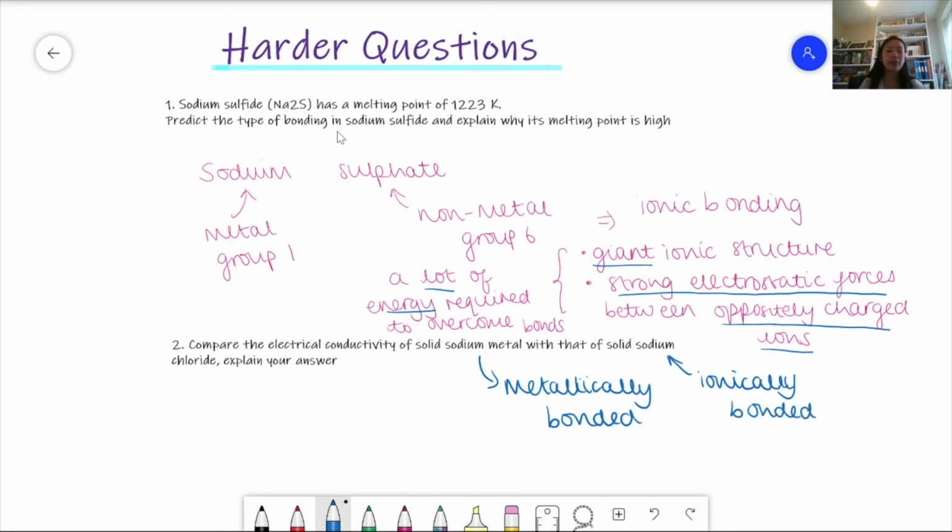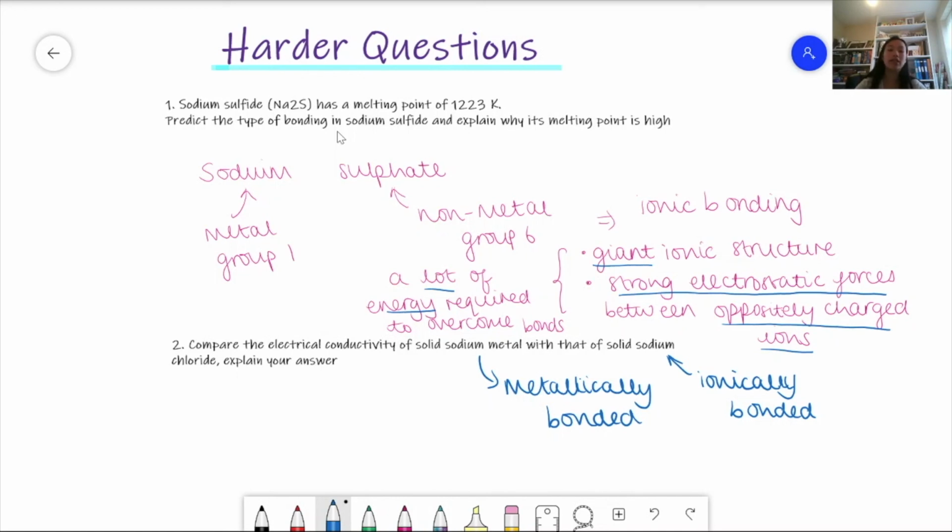And because it's ionically bonded, that means that it can only conduct electricity when it's molten or aqueous, that means when it's melted or when it's dissolved in water. And this is because the ions then become delocalized, so they can move around,